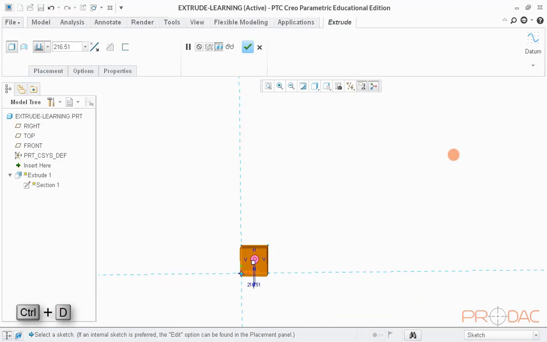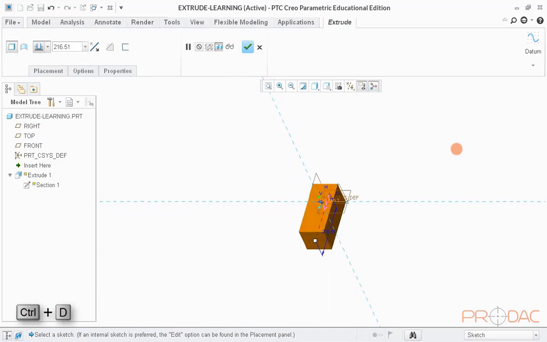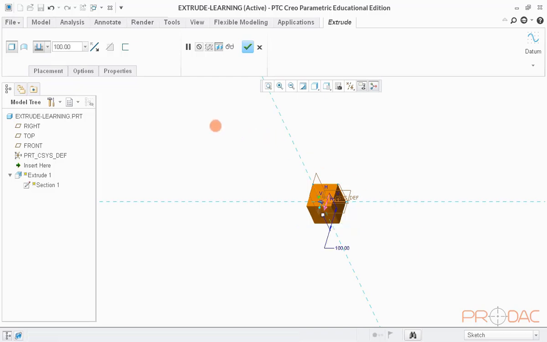Press Ctrl+D to fit the model. Now, we need to define the depth of the extrude feature, which can be done in two ways. By selecting this dimension in the model itself. Second, entering the depth value in the box provided at the top left corner.